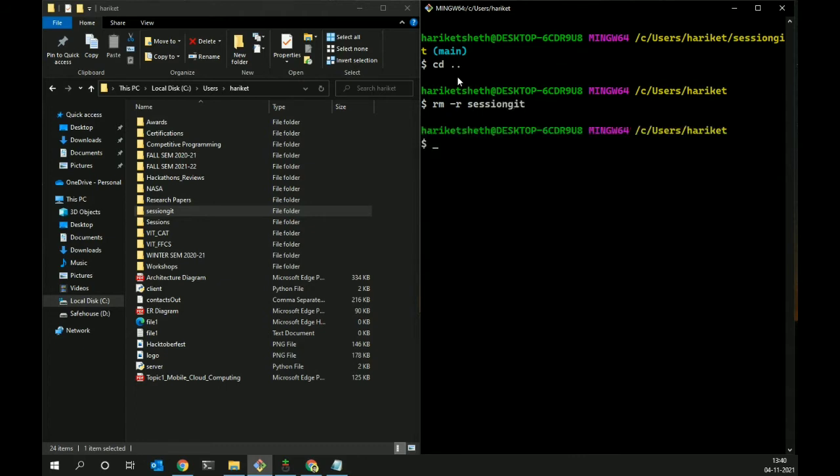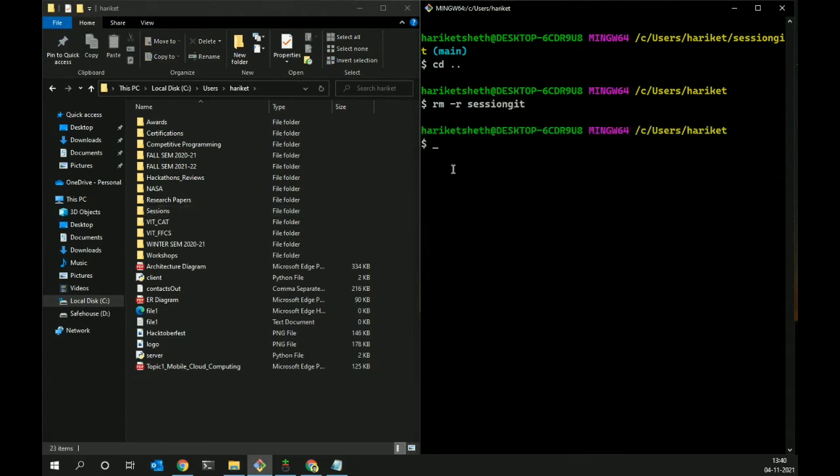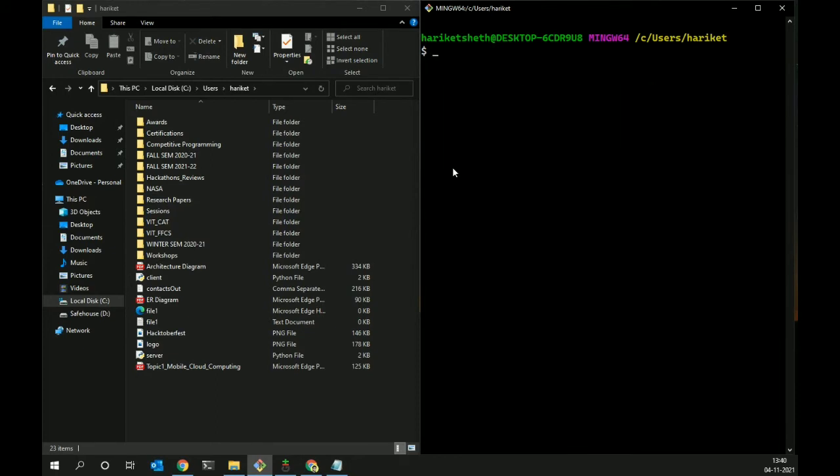Session git. Okay, so now what we did, we made a new directory, we did git init. There's an easy alternative to this, which is git init, and you can type the name of the folder you want to create. It will create a new git repository for you. Internally, it makes a new directory, which means a new folder, and then initializes a git repository inside that. So you don't have to write mkdir and then git init, different commands.